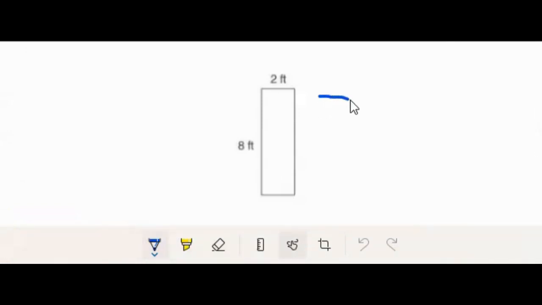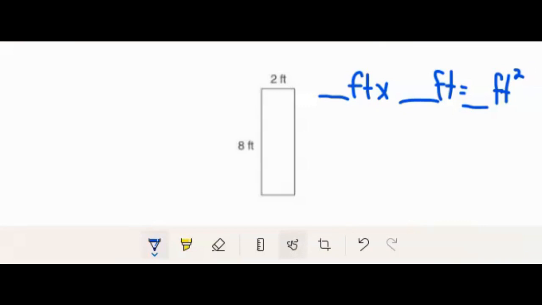We would need to multiply one of the sides by the other side. So on your whiteboards, write this formula now. Once we would multiply both of those sides, it would give us our answer in feet squared. Remember, when we're working with area, we have to watch our labels and make sure we put feet squared. So put a little 2 next to it. If we were to fill in this blank